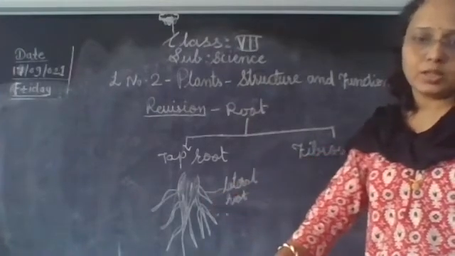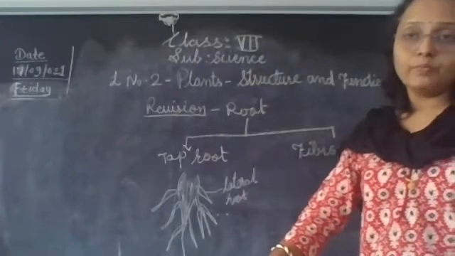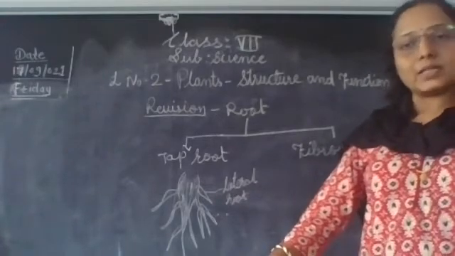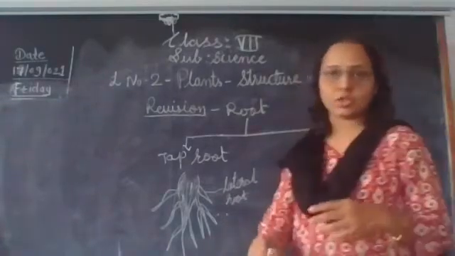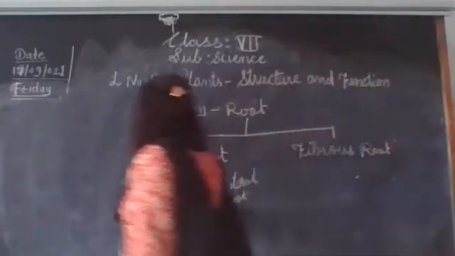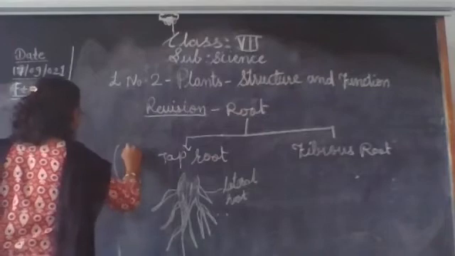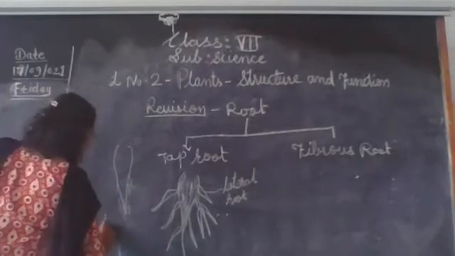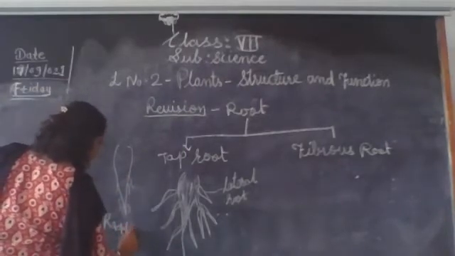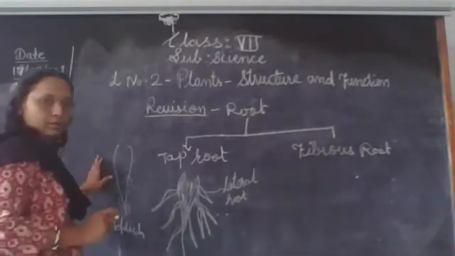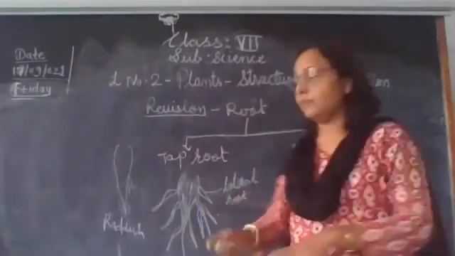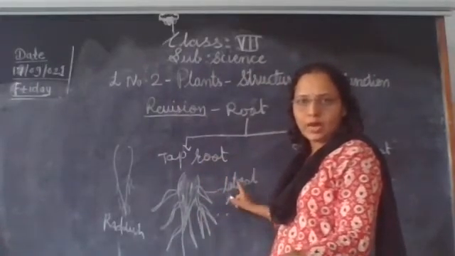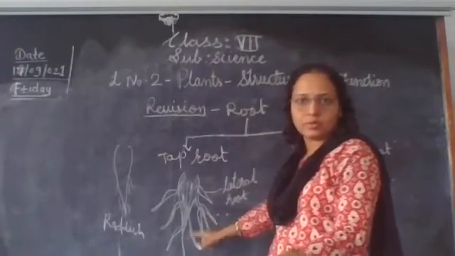Big trees like mango and neem, and plants like bean, pea and radish have a taproot system. You have seen the radish; it looks somewhat like this, and small hairs are sometimes present. In mango and neem, the taproot system is usually found. The main root is called the taproot, and the lateral roots arise on the main root.